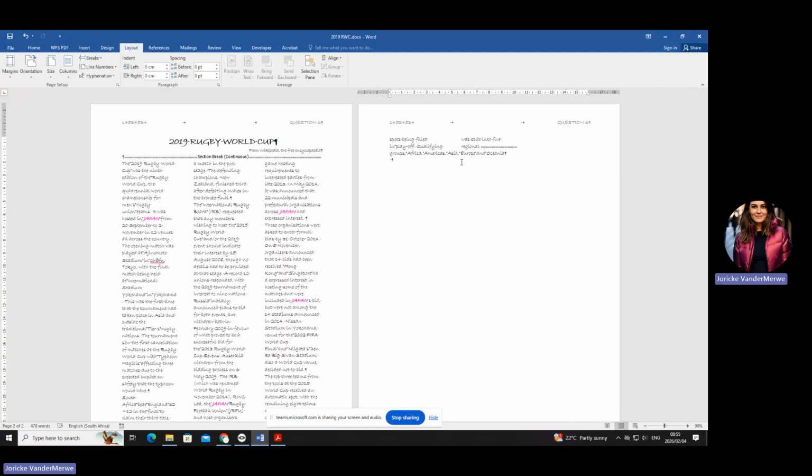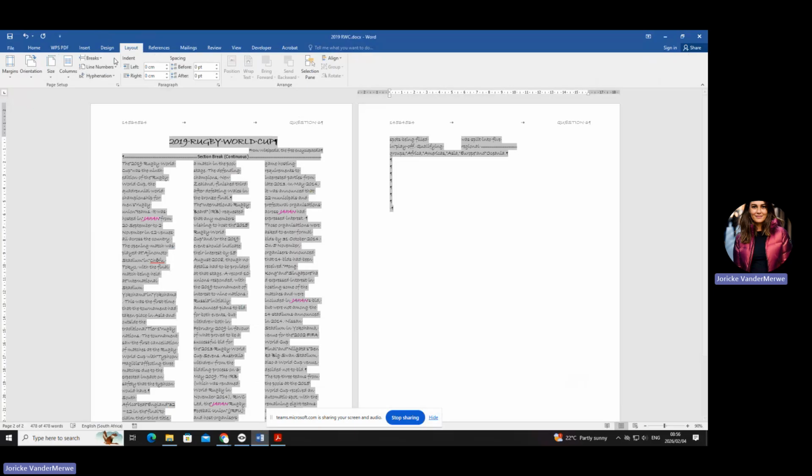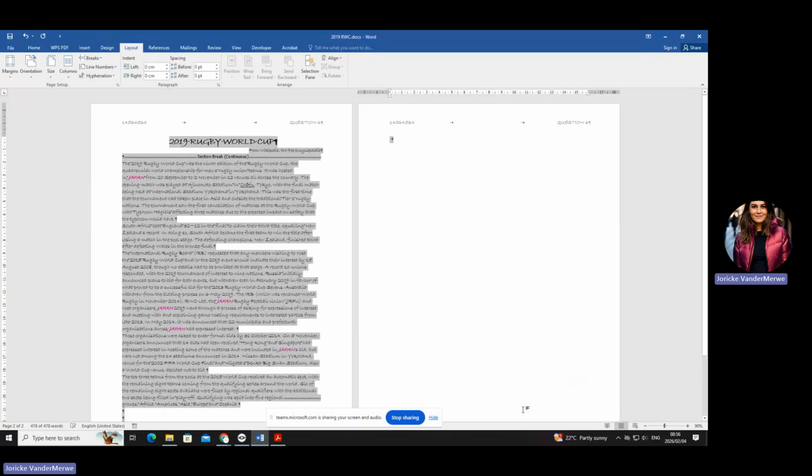To prevent that, and I probably have done it already, just press a few Enters and then put in your columns. You can always take those Enters out, but it tells your document you're still going to work in it later on. So you're saving this space as an open space not to be in columns. Do you understand what I'm saying? Otherwise, it's going to keep your whole document in columns. Darlings, the only way to get this out of columns is to go back to Columns and say One column. That's how you get it out.